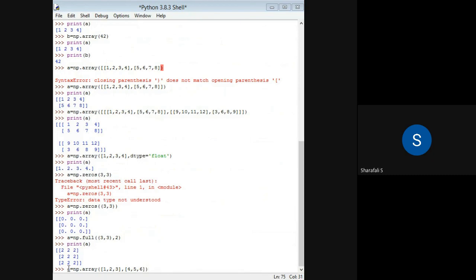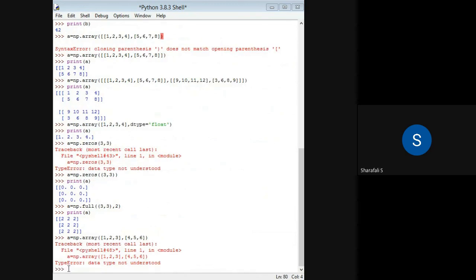Now if you want to flatten these, I think I have missed one bracket again. Here I am just creating a two-dimensional array, so I just want one more square bracket here.